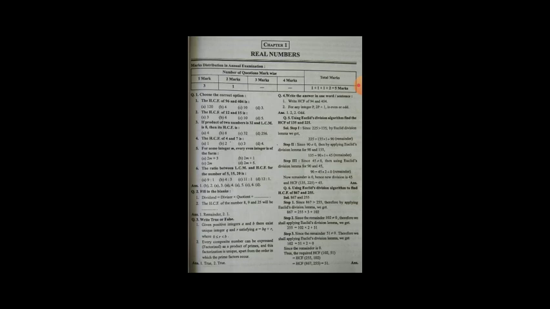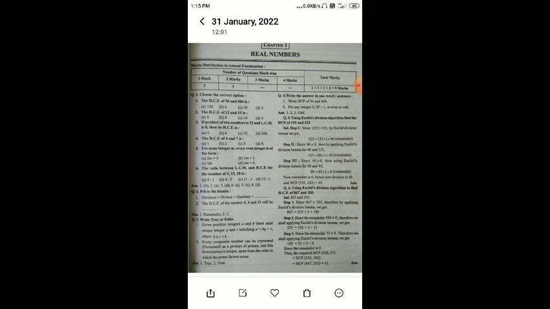Second, for any integer p, 2p plus 1 is even or odd. Now here this should be odd, because the general form in which the number is represented is 2p plus 1. Here the 1 is the remainder, which represents the odd integer, because whenever any number is divisible by 2 it does not leave a remainder, its remainder should be 0, but in this case the remainder is 1, which implies this integer is an odd integer.